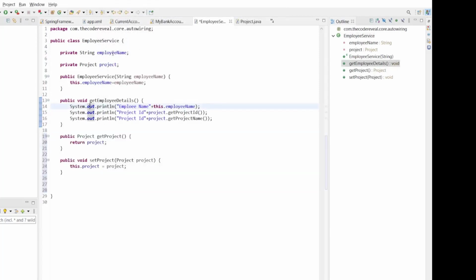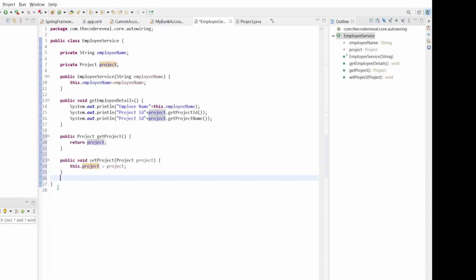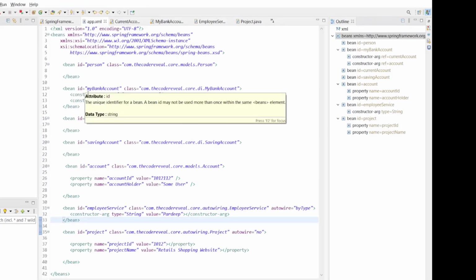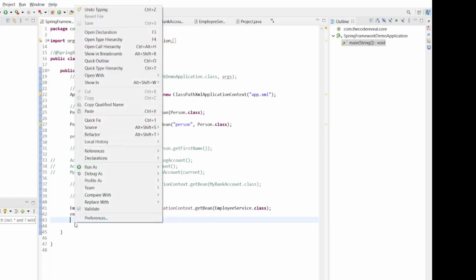For the employee name, it's fine, we are using it in the constructor. Even if the employee project is injected, we don't have any setter and getter method, so the Spring container will set that into our bean. So let's try to add this. And now we'll run this again.